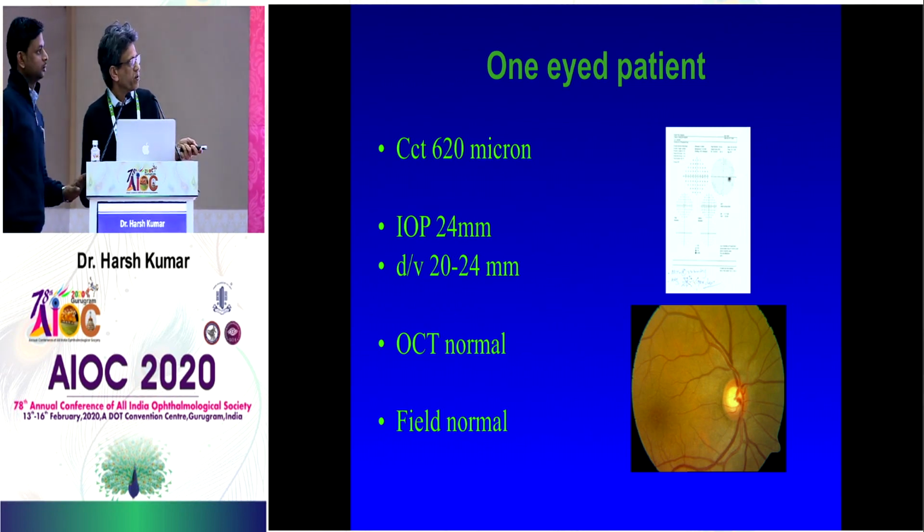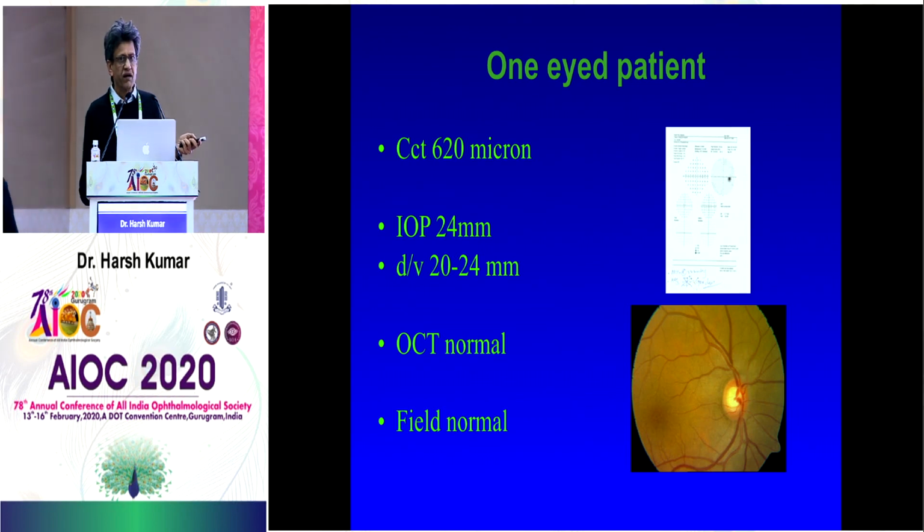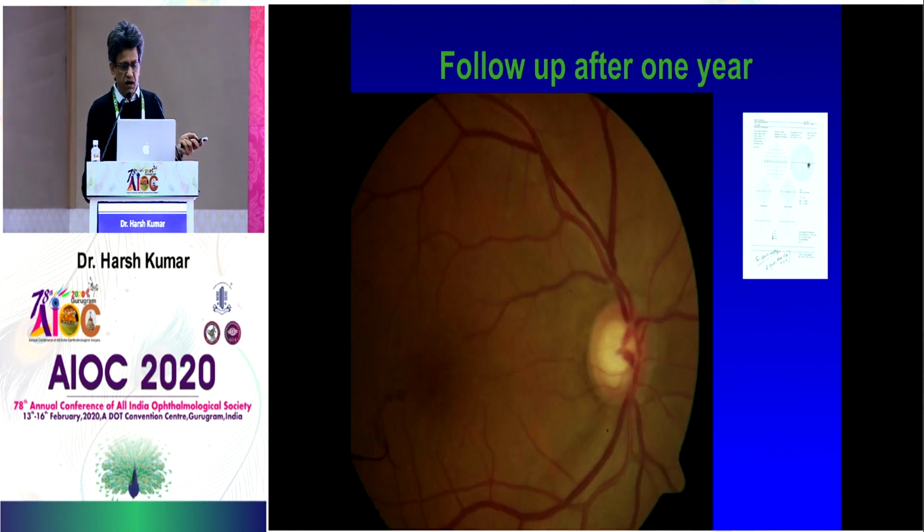Anyway, we had this patient and we were talking about a thick cornea, a one-eyed patient. I let it go, didn't treat, because the pressures were 20 to 24, but the cornea was very thick. So I thought, all right, we can reduce it. And the field is normal, the disc is absolutely normal. Next visit, the patient comes to me. What is this? A nice wedge defect, basically meaning that there is a notch forming over here. The field is still normal. What does that teach you? That the structural damage is first.